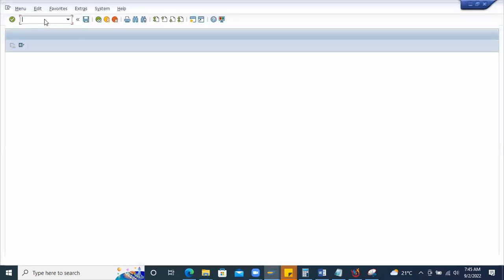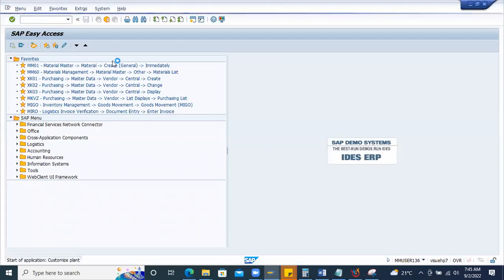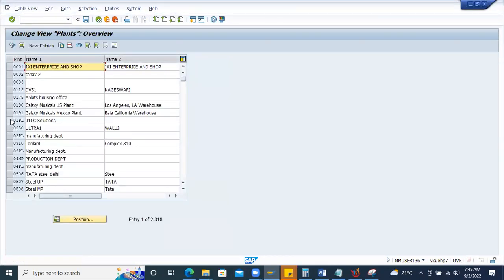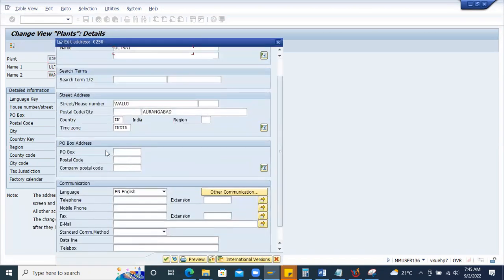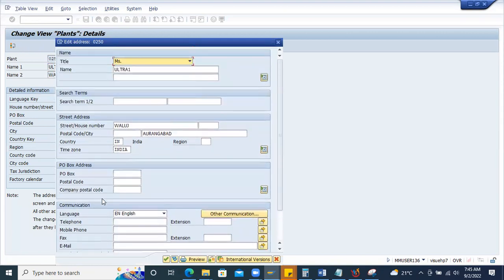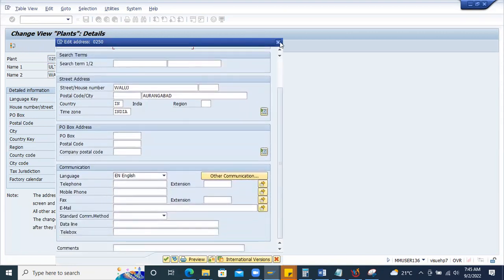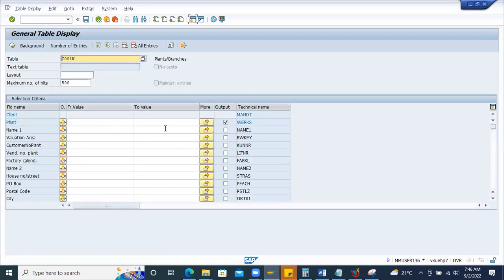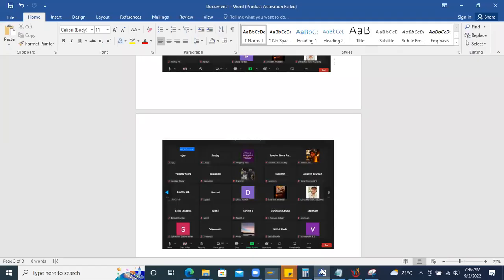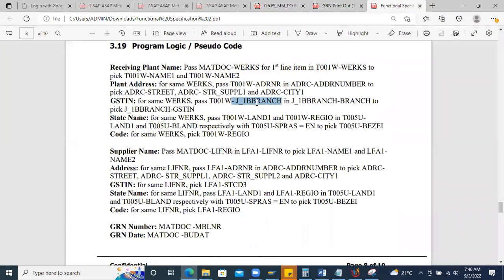Example, if you go and create any plant in OX10, right? So where you can see the plant details like 1000 or something here. If I open here, I should search where exactly this business place is maintained, whether in the address level, where exactly you have to enter, and it will get stored in the particular table. Okay, because if I see this business place is there in T001W, then you have to make that field mandatory to enter, or else this form is not useful, right? So you have to get this particular, then branch, then from there you can get the GSTN. Okay,